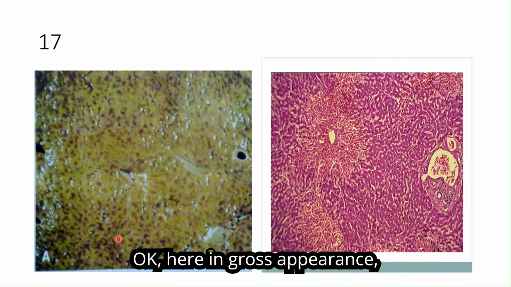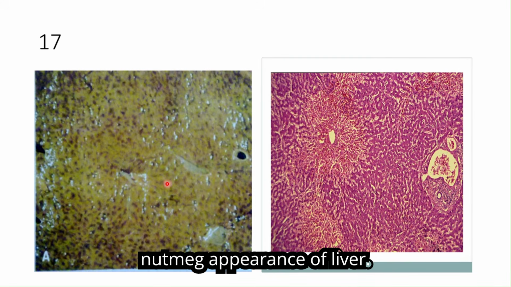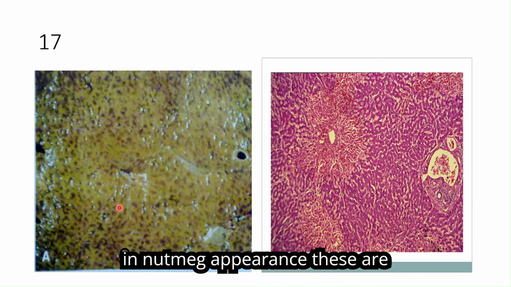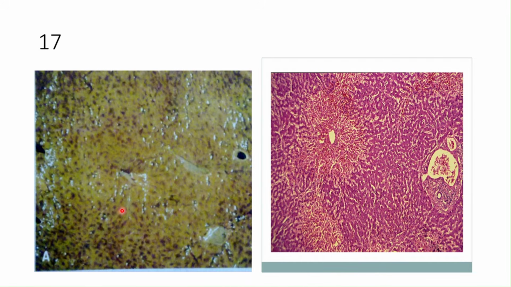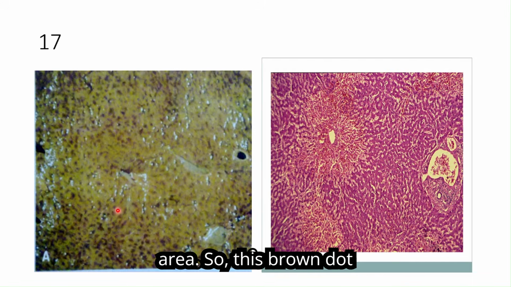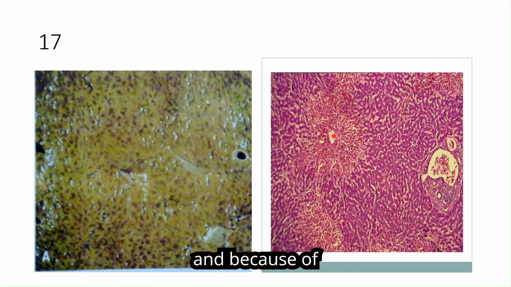Okay, here in gross appearance, the typical gross appearance is a nutmeg appearance of the liver. In nutmeg appearance, there are brown dots surrounded by a pale area. This brown dot, if we see it microscopically, represents the centrilobular area. So the central vein is dilated, and because of